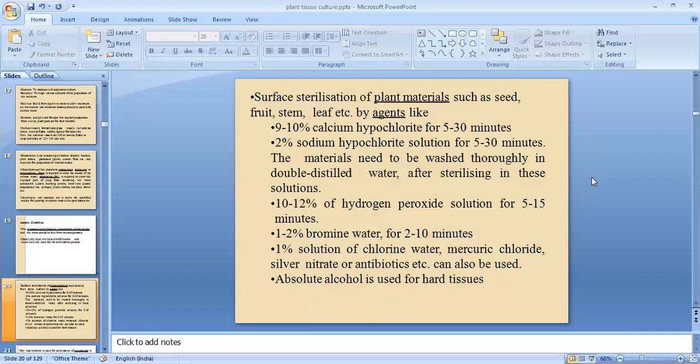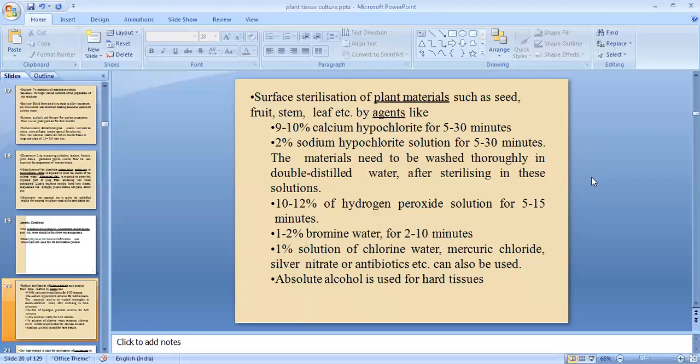Okay, so here I have put down some of the examples with their specific concentrations. That is 9 to 10% of calcium hypochlorite for about 5 to 30 minutes. That means after taking the explant from a part of the plant, it has to be soaked in the 9 to 10% calcium hypochlorite solution for about 5 to 30 minutes. And the second one may be 2% sodium hypochlorite solution, again for 5 to 30 minutes. And